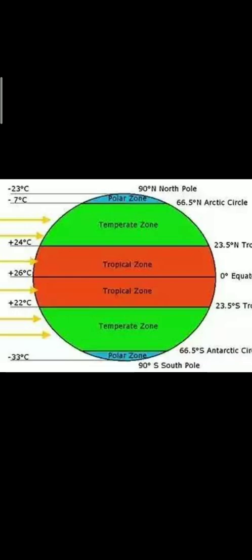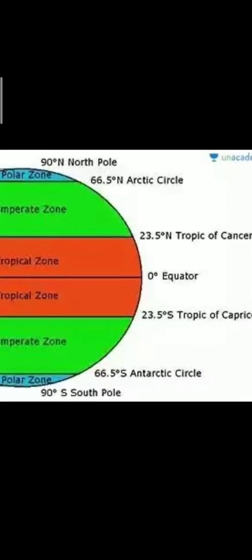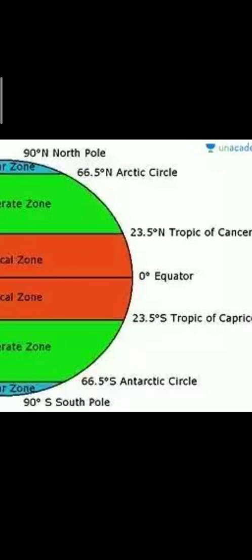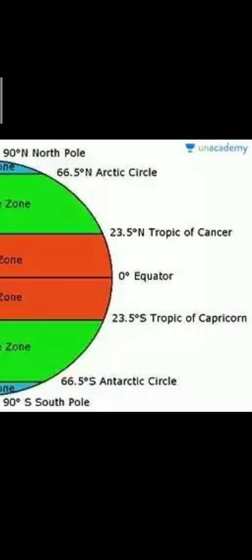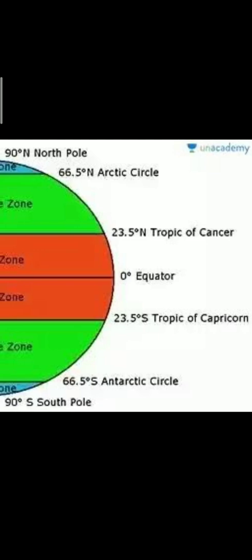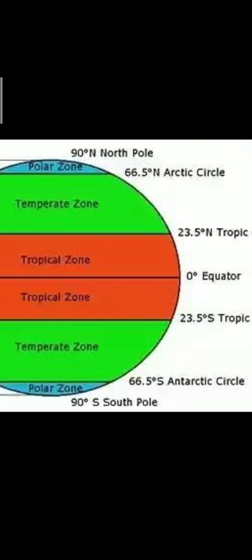Okay, kids. Next, I wanted to show you the degrees, if you remember. Now, here, as I said, Earth is measured in degrees. Can you see equator? How will we read this? That circular part on the top is called degree. So we will read equator is 0 degree. Tropic of Cancer is 23 and half degree, and because it is towards the north, we will write N over there. Same way, Tropic of Capricorn is 23 and half degree, but it is in south, so we will write S. Got it?